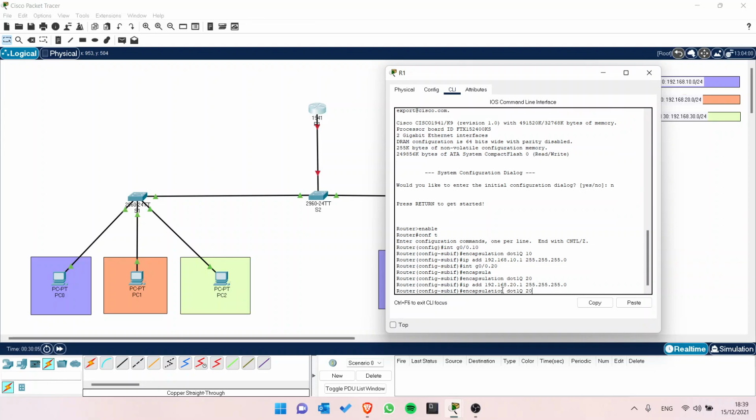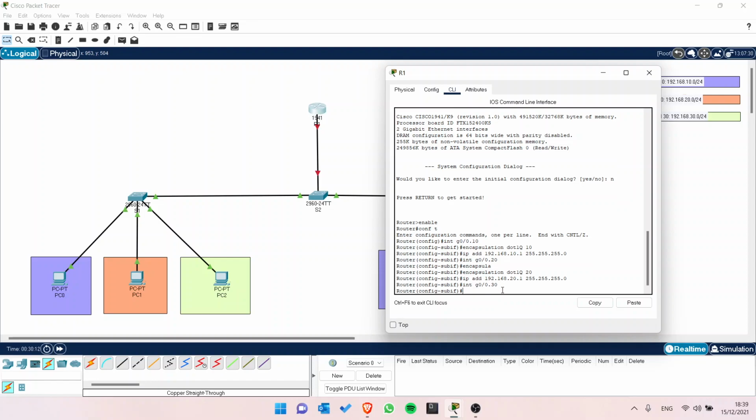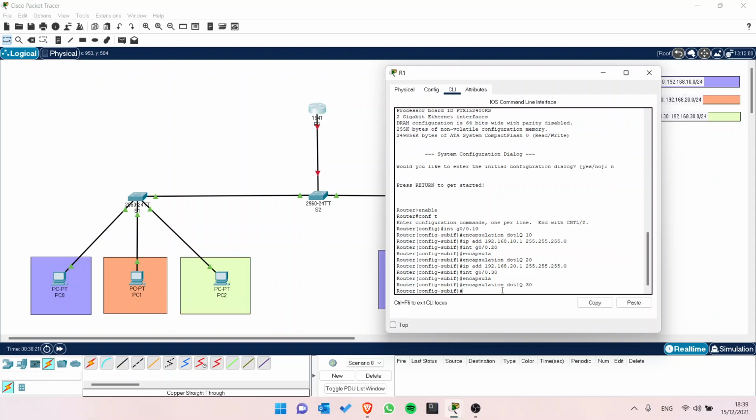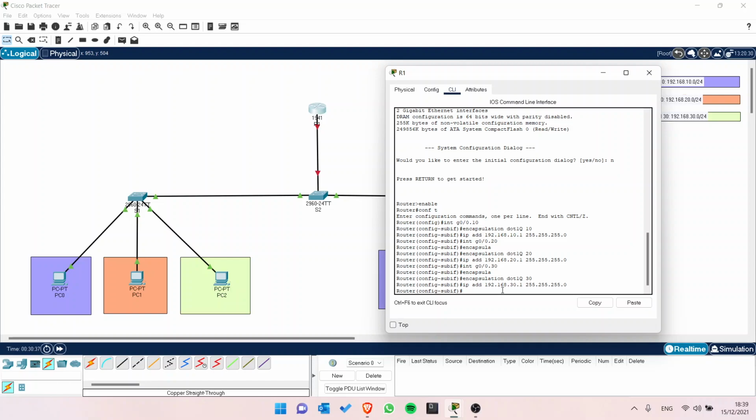And next, the last interface we are going to create is G0/0.30, and then encapsulation dot1Q, and the VLAN is 30. And the IP address we will set for this interface will be 192.168.30.1 with subnet mask of 255.255.255.0. Control Z to go back,